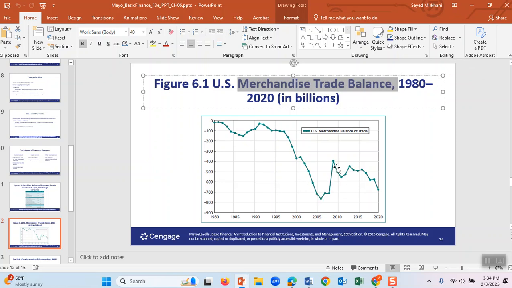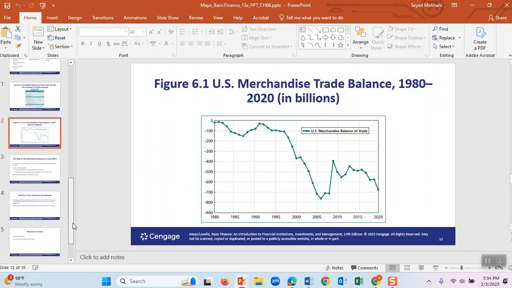Trade balance means, let's say if you sell 1 million to Mexico, and Mexico sells 1.5 million to the U.S., bringing exports to the U.S. Therefore, there is a trade imbalance. That means every year Mexico is exporting to the U.S. and the U.S. is importing $500,000 less than what Mexico is bringing to the U.S. Therefore, this negative sign is coming, a trade deficit they call it.